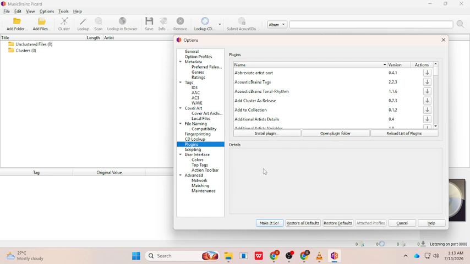Then import a few music files and test your new configuration to make sure everything works the way you expect. And that's how to change MusicBrainz Picard settings. Customizing the application's options helps you manage your music collection more efficiently while giving you greater control over tagging, file